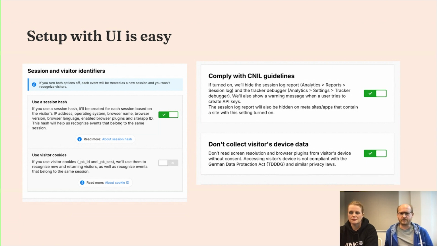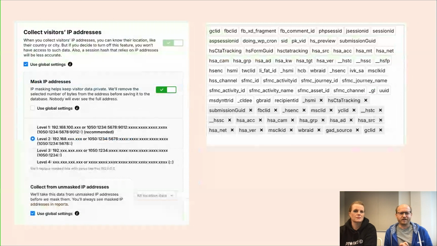But of course, this only works if we also do our own cleaning. So we have to clean and mask the IP addresses. In this case, we decided that level 2 masking is good enough. So the first 2 octets shouldn't be enough for identifying anyone.